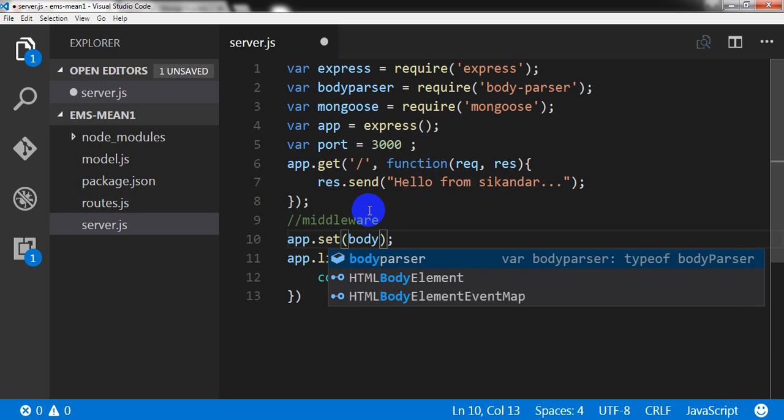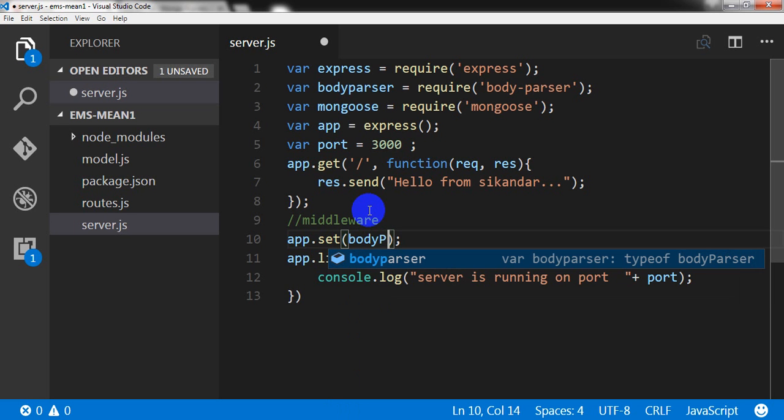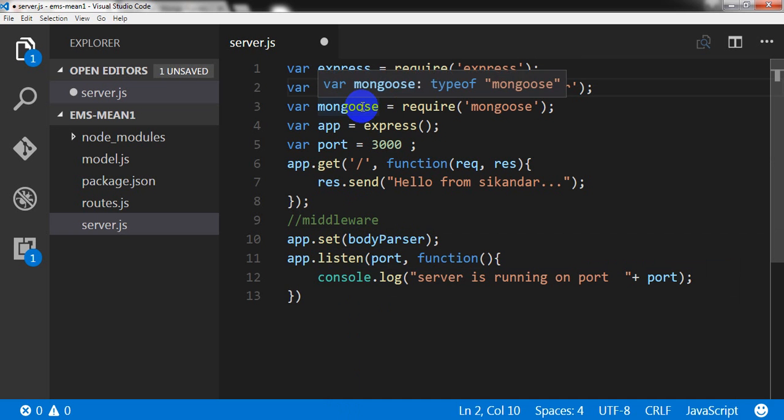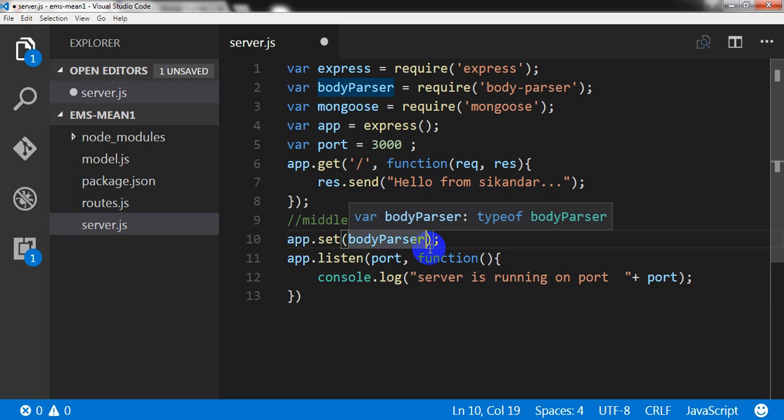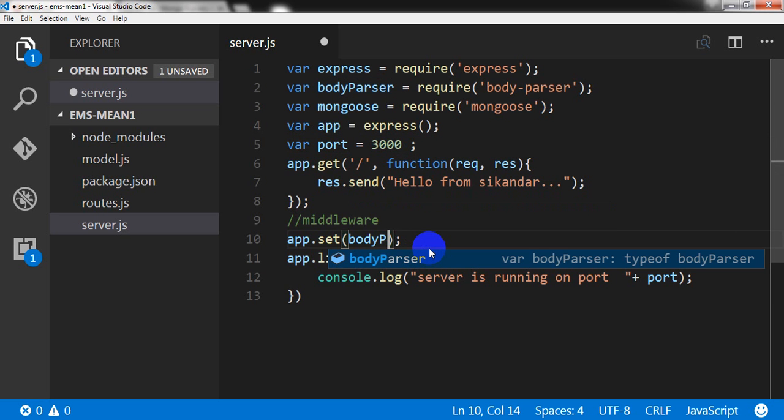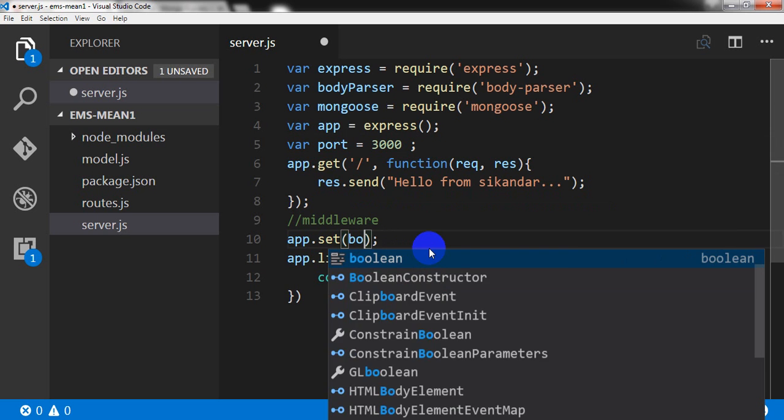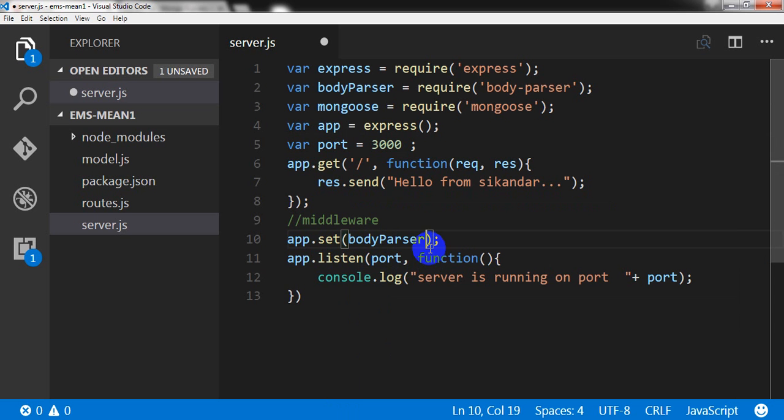Body parser. Oh, here. That's why the text help is not working. Body parser. Let me double check it. Yes, body parser